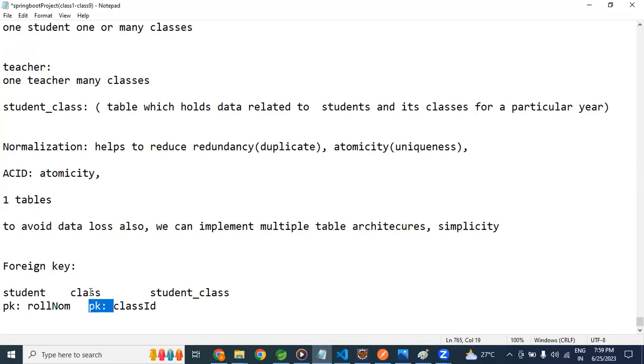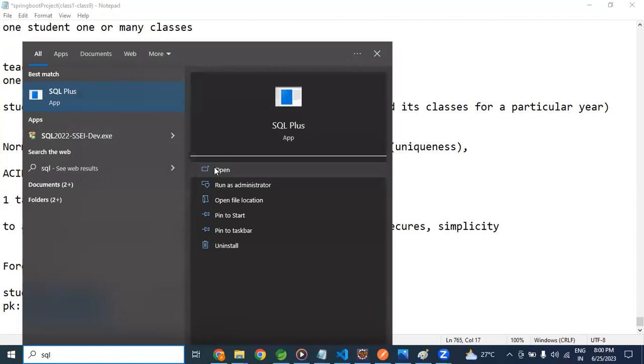So the unique ID in the class table will be the class ID, and in the student table, the unique ID will be the roll number or student ID. To make it simple, I will take it as roll number. Here it is student ID itself, and with the help of the single ID, we can get the data of the whole table, basically. For example, if I go to the SQL,